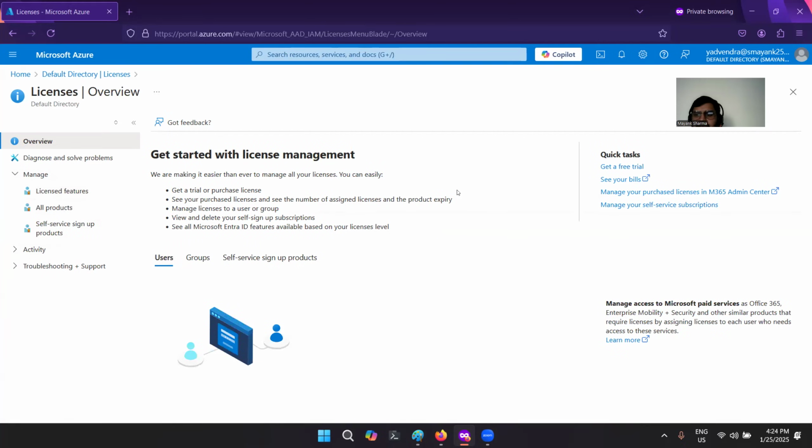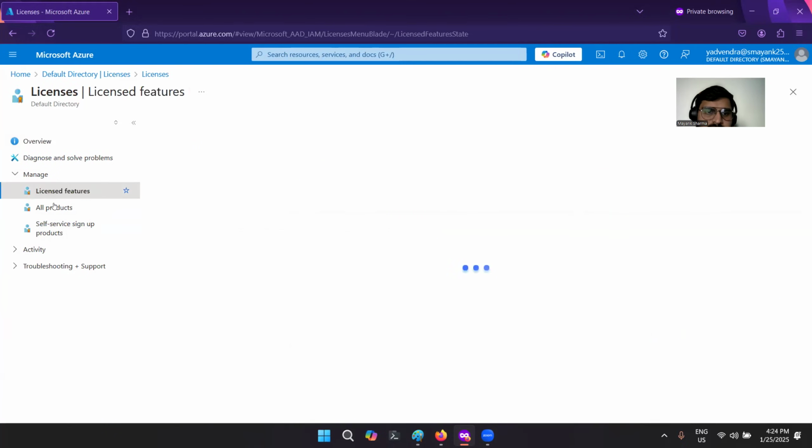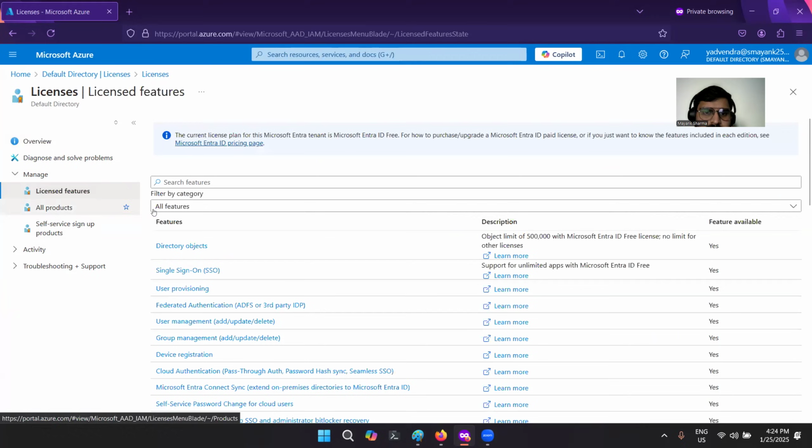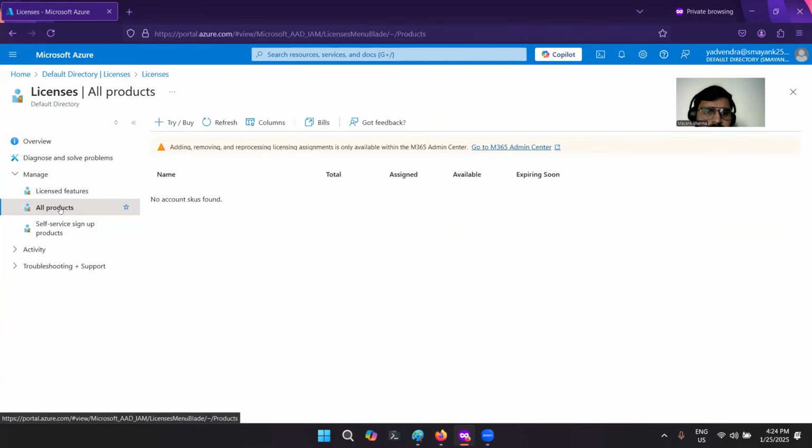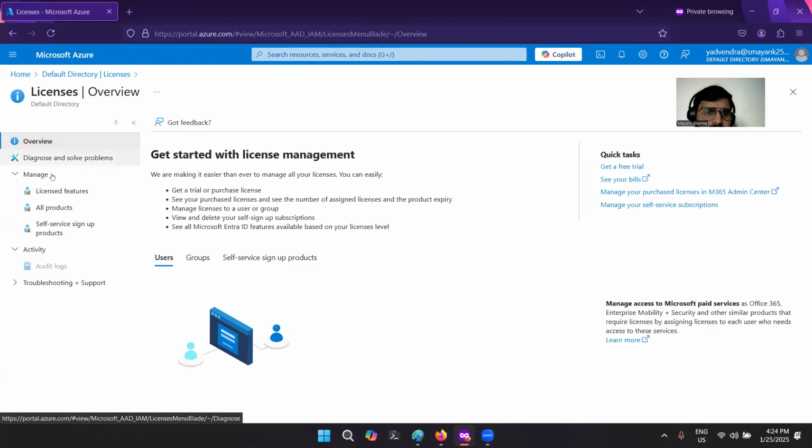Okay, so now for licenses, where is the list? License features. Okay, so I cannot purchase a license from here.